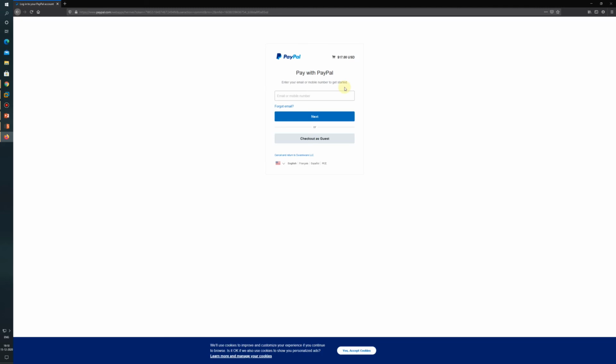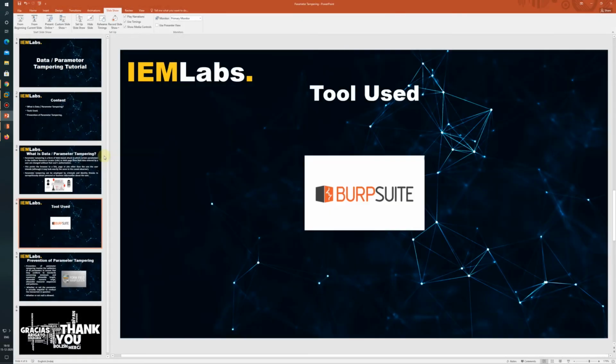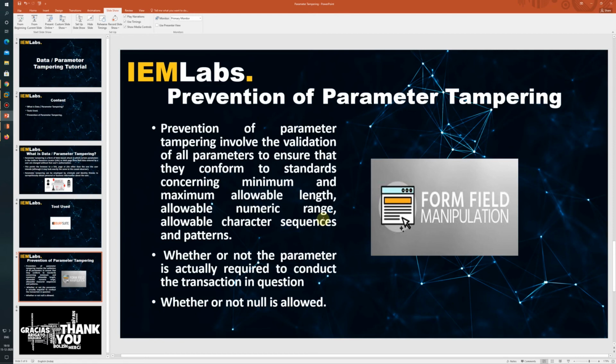Now how to prevent this? As I have already mentioned before, to prevent the data tampering vulnerability, we need to either use secure session cookies, so that the parameters forwarded to the checkout page cannot be changed, they will be in hash value format, or the parameter fields need to be validated against the minimum value. If someone tampers the value, the request will fail. So these validations need to be coded in the website page or the payment gateway.